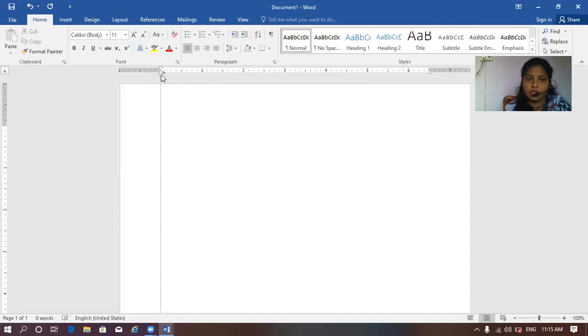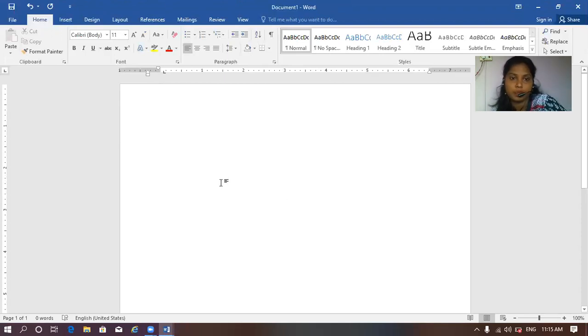In this way, the rulers are used to keep our margins. And here the page will start from here. If you don't want that, you can start from the top of your document also. And this area is called the document area, where we are going to work on our document.